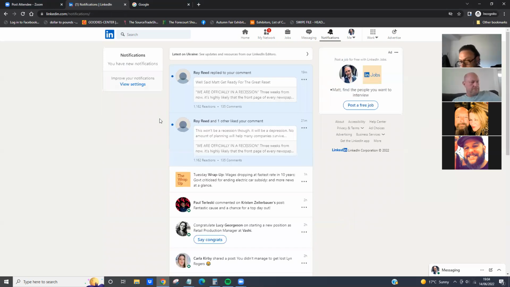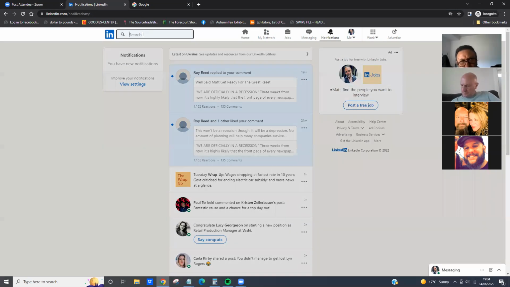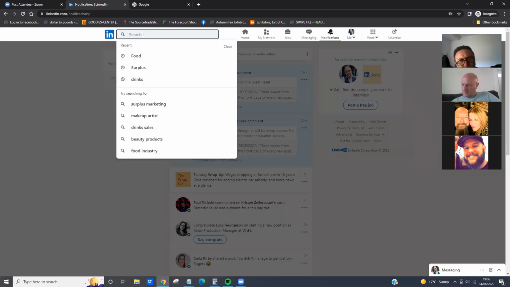So, number one, search product category. Search for a product category name. Everything stems from the search box in LinkedIn. There are a few that actually stem from Google as well, which we'll go to later on. But this is one of the obvious ones. We're going to search a product name because everyone who's got a profile set up will have the word of that product category name that they're involved in.